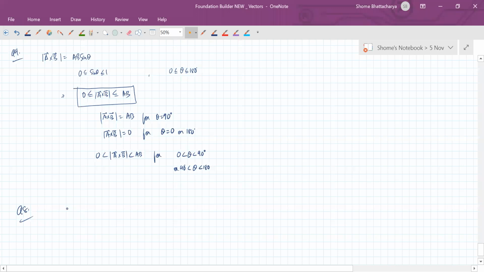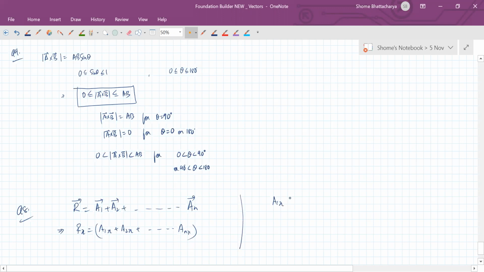Okay, so now let us say in 8 we have a number of vectors. So the resultant is the sum of a few vectors, let's say a1, a2, like this up to an. So the resultant's x component is a1's x component plus a2's x component plus, like this, an's x component.